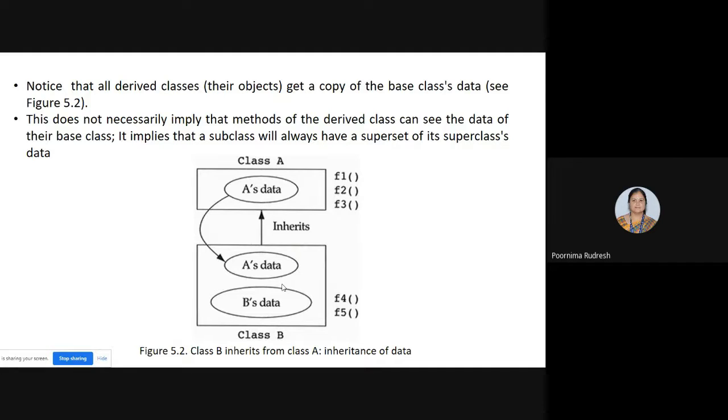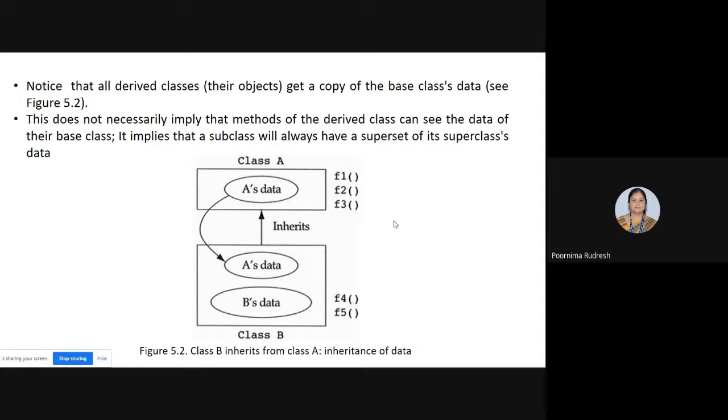When it inherits from class A, the B objects get a copy of the base class data. Here class A is the base class, and B is the derived class or subclass. So the class B objects get a copy of the class A data. All the data class A has is available for class B objects.